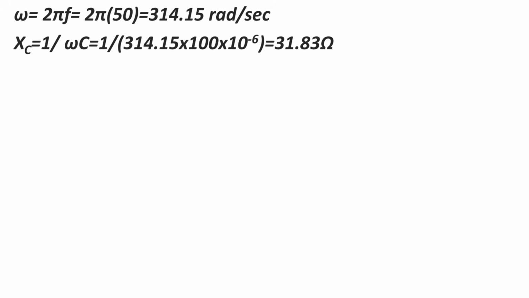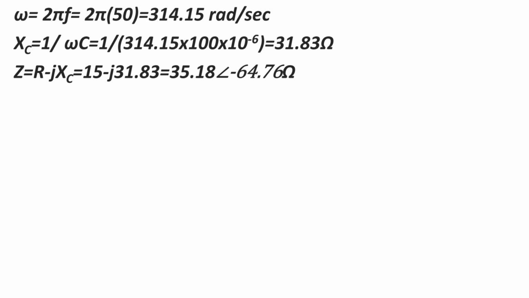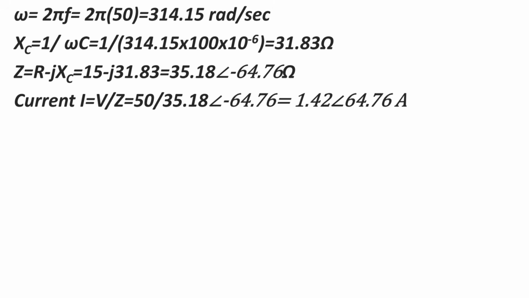Xc is 1 by omega C. By substituting omega as 314.15 and capacitance as 100 microfarads, you can obtain the value of Xc as 31.83. The impedance Z equals R minus jXc, which equals 15 minus j 31.83, which equals 35.18 at an angle of minus 64.76. Current I equals V by Z. Therefore, 50 by 35.18 at an angle of minus 64.76, which equals 1.42 at an angle of